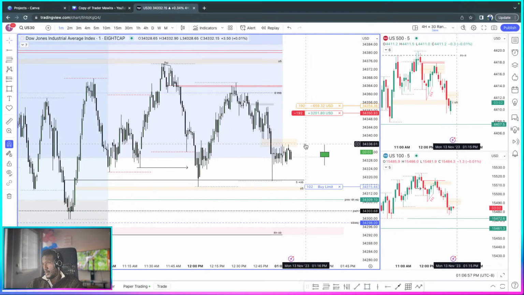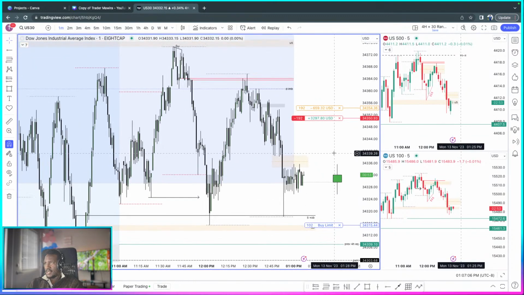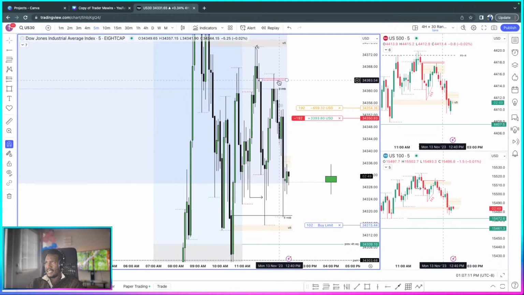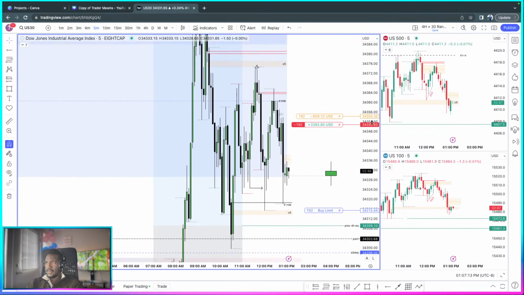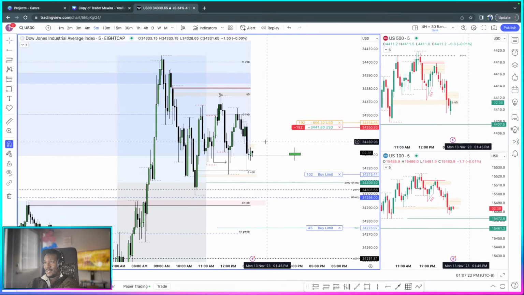Now if we do close, then this is in danger of being run out, but there is no imbalance. The only other spot I'm seeing an imbalance on the 5 minute, there is no imbalance unless this cut, which actually is taken care of. So let's not worry about that spot anymore, but we do have one here, right? So even if they do intend to go down, they can open it during the Asian session and trade up to here, respect those highs, and then shoot down.